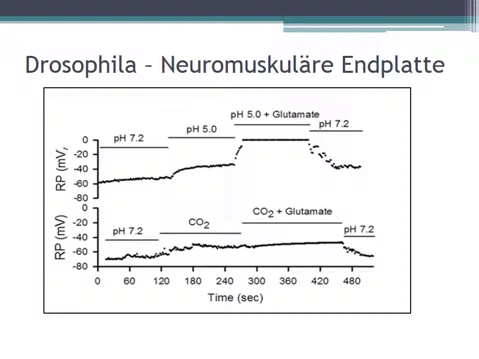However, once we add the glutamate and the CO2, we do not have any response, in comparison to the glutamate and the low pH in the first graph. So again, we have this difference in response with CO2 and glutamate versus low pH and glutamate. At the end, you can also see that this effect can be washed out, and a recovery is possible, because at pH 7.2 we have a resting membrane potential of about -60 millivolts again.